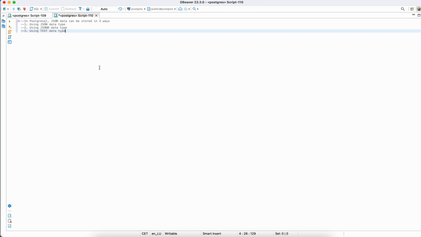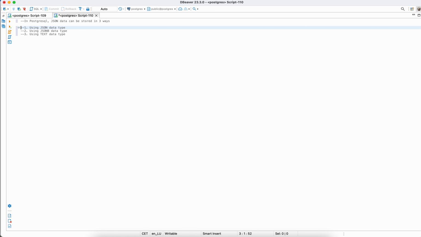We will see how to store JSON data type in PostgreSQL database. In PostgreSQL database, JSON data can be stored using three data types. One is using JSON, another one is using JSONB, another one is using text data type. So I'll also prepare a separate video which will explain you the differences and advantages between JSON and JSONB data types, though they both are